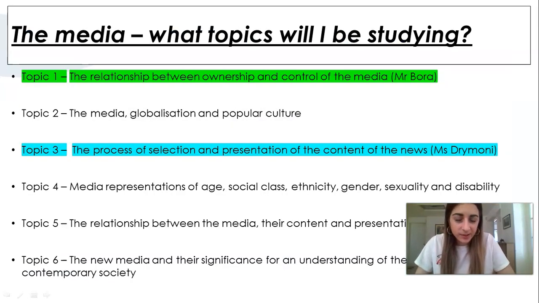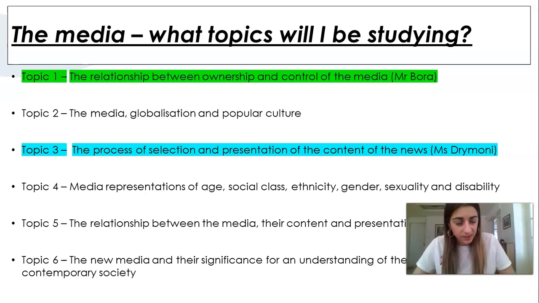Now, there's 6 topics in the media unit. You've started topic 1 with Mr. Bora, and that's the relationship between ownership and control. And with me today, you're going to start topic 3, which is the process of selection and presentation of the content of the news. The other things that you'll be covering are globalization, representations of different groups, the relationship between media and audiences, and you're also going to look at the new media and how